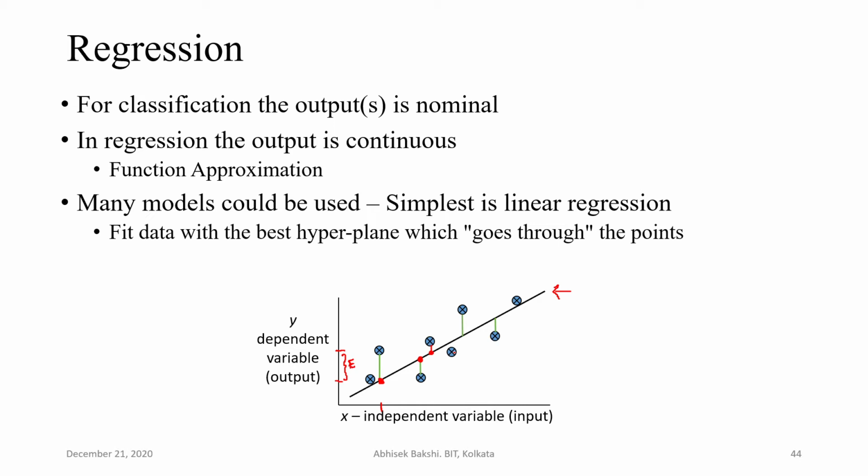Maybe 0.9, maybe 0.00001. Doesn't matter. Some error. So as a whole, if you accumulate this error, if you just take the squared error and add these errors, you will get a sum squared error. You have already seen in my previous class what a sum squared error is. Now, what is your goal? Your goal is to optimize this sum squared error somehow. Now, how can we do that? Using an artificial neural network, which we will see.